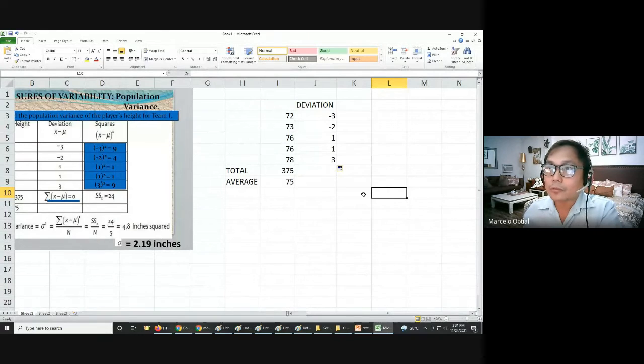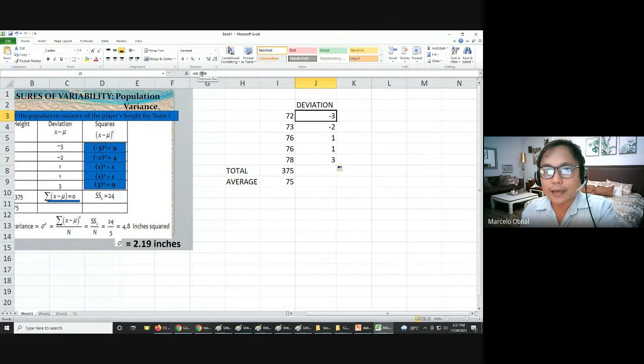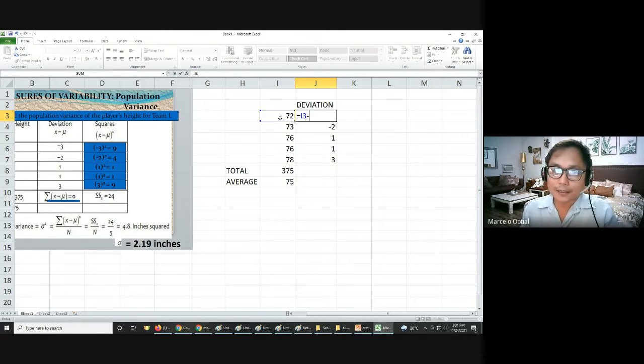Now, kung nakakalimutan nyo regarding this, make it absolute o maging string ba tawag din, nakalimutan ang term, Helen. You're an IT, Helen, so mas familiar mo yung term dito. Kapag hindi kayo sigurado, okay, huwag nyo na lang gawa ng formula itong may dollar sign dito. Ang gawin yung absolute or constant yung inyong subtrahend dito. So, that is equal to this value minus i-constant natin 75, no? Ayan. Okay, na-constant na yung subtrahend mo.